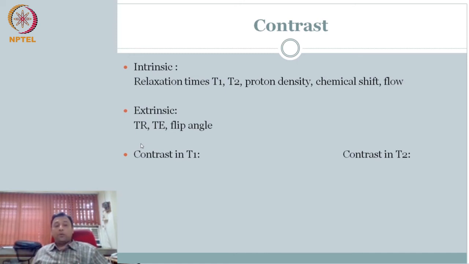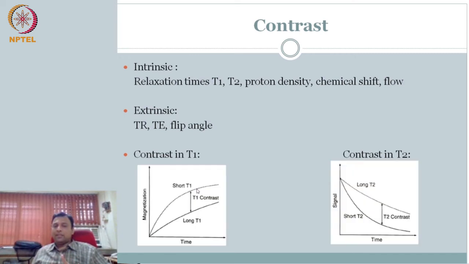Extrinsic are your data acquisition parameters, TR, flip angle, right? So we already talked about how to maximize intrinsic contrast, right? If you have T1 contrast, two different materials with a different T1 property, you will get the difference as contrast. Likewise for T2. So we covered signal contrast, weighted for T1, weighted for T2, weighted imaging for proton density. So there is nothing much to cover on contrast. Rather, we will spend time on noise and therefore signal to noise ratio. Maybe you can always combine that with contrast to noise ratio also later.